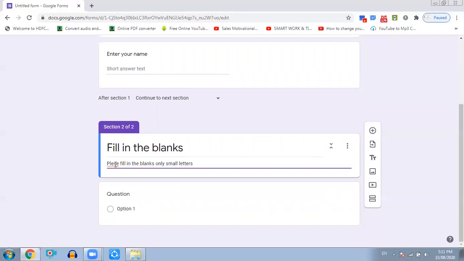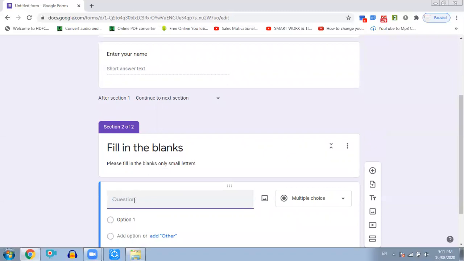Otherwise if students write capital letters, the answer may be marked wrong. So you also have to instruct the students orally before the test, and in the test paper you need to add the instructions. All the answers should be written in small letters. Like that you can give the instruction with the question. And now we will go for the question.